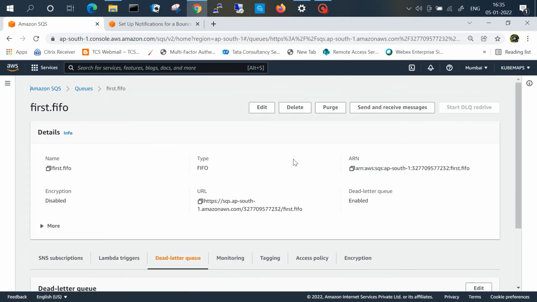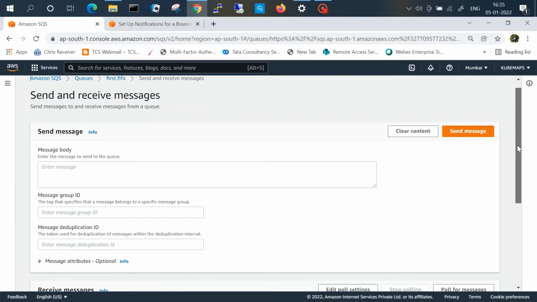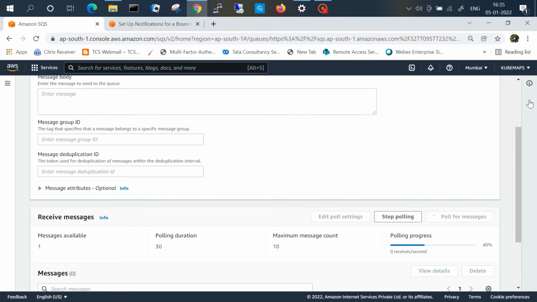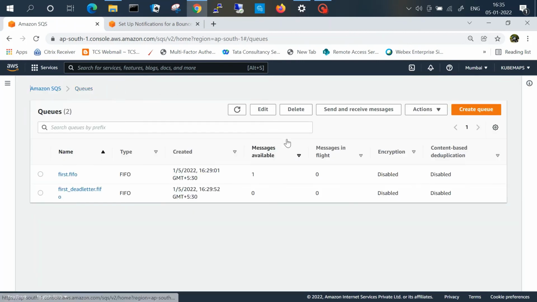Now we'll poll for the final time. Now you see we did not get the message over here. Even if we poll the messages, we have not got the message. Now if we come to the queue page, it should go to the dead letter queue.